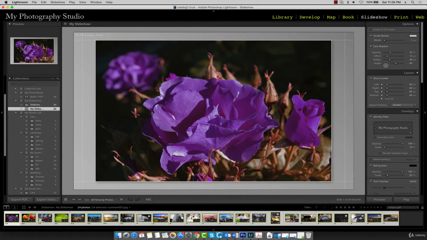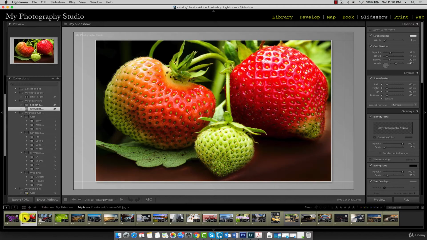So we've already completed the first step in developing our slideshow, which is selecting the images and creating a collection for them. We can browse through each image in our slideshow by clicking through them in the film strip. So for example, if you wanted to load this image in your slideshow preview area, you simply click on the